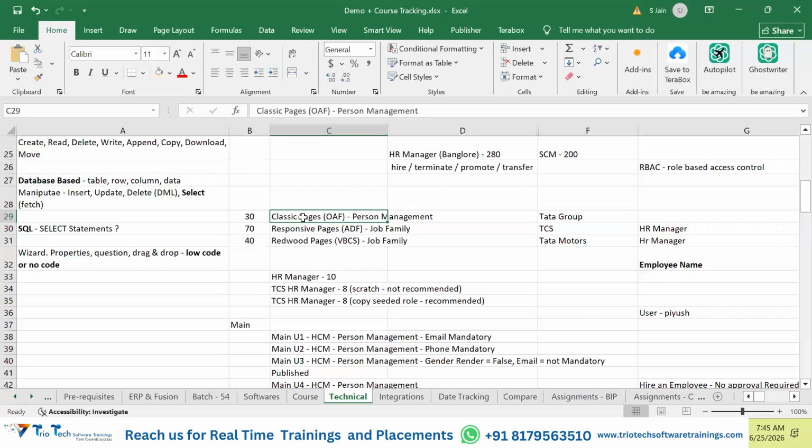Yeah. So guys, suppose there is a page called person management, and Oracle thought that, okay, boss, this page has to be converted from OAF to ADF. So what Oracle did, Oracle kept the existing page also, and Oracle introduced a new page most of the time, based on the new technology also. But at the same time, Oracle did this why? To have the compatibility, so that the business users, the client should not need to struggle suddenly.